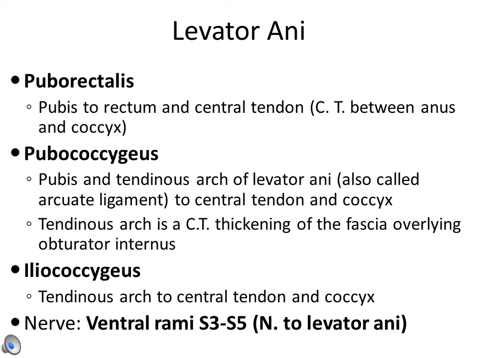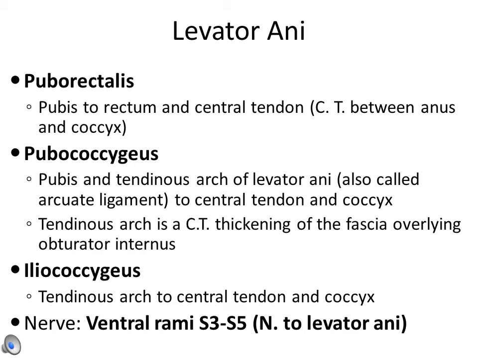The pubococcygeus attaches to the pubis and the tendinous arch of the levator ani. This is also called the arcuate ligament. The pubococcygeus also attaches to the central tendon and the coccyx. Note that the tendinous arch, also known as the arcuate ligament, is a connective tissue thickening of the fascia overlying the obturator internus muscle. The iliococcygeus is also attached to the tendinous arch, as well as the central tendon and